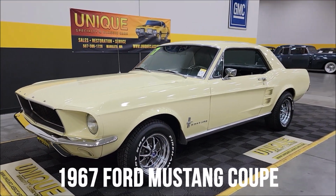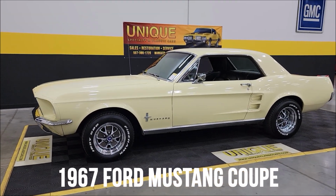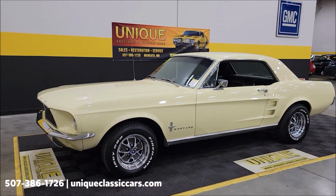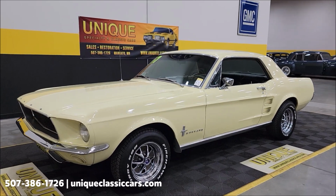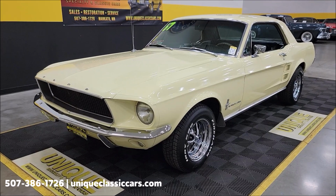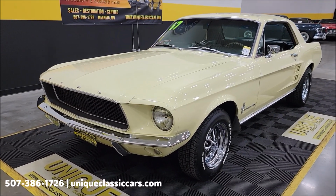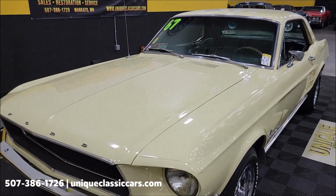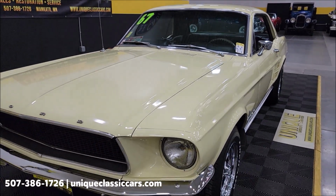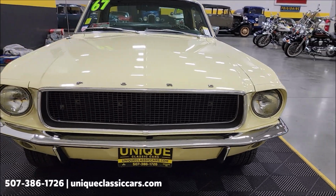Check out a unique Specialty and Classics 1967 Ford Mustang Coupe. California car, actually originally built in San Jose, California, also a DSO, San Jose, California. Now powered by a 302 underneath the hood. Nicely equipped, automatic transmission, power steering, power brakes, and springtime yellow paint, coat of 8. Black vinyl bucket seats. Still looking the way it would have been produced back in 1967 as far as the